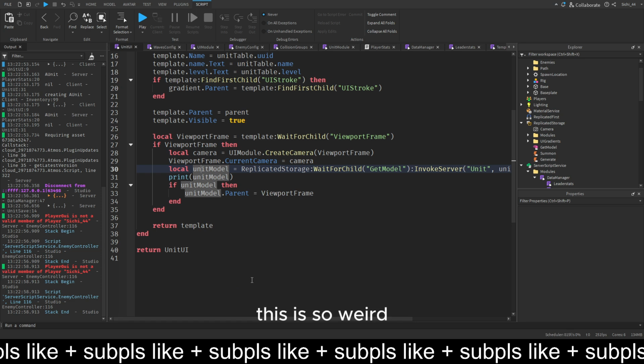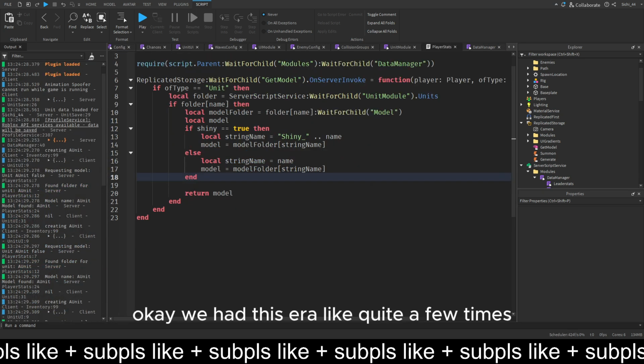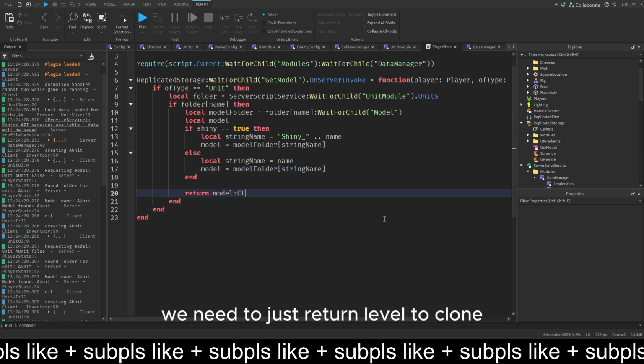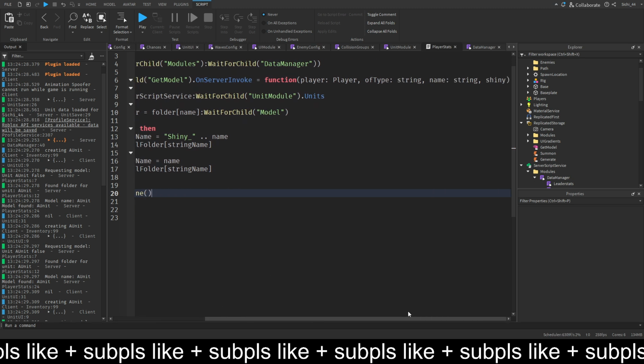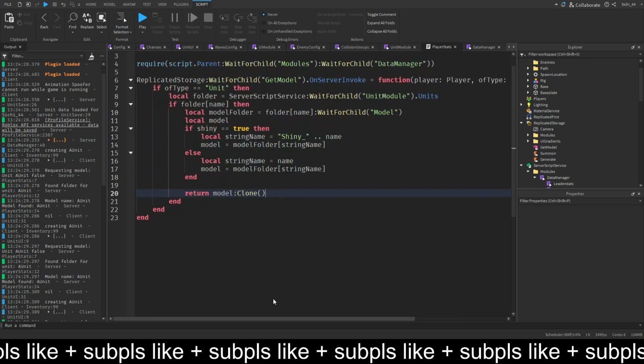This is so weird. Okay, we had this error quite a few times. But we need to just return model:Clone(). And then we just do